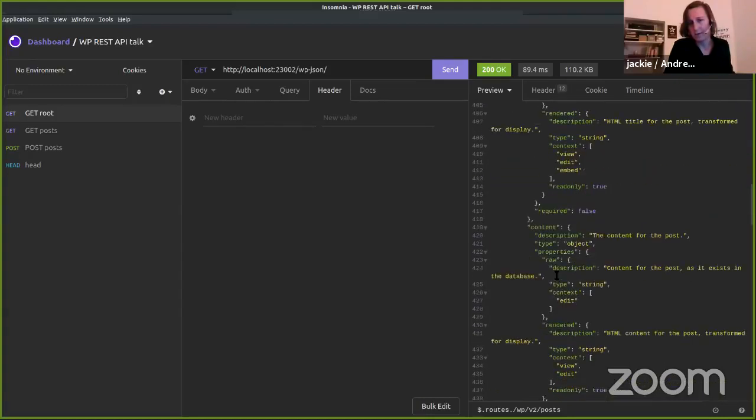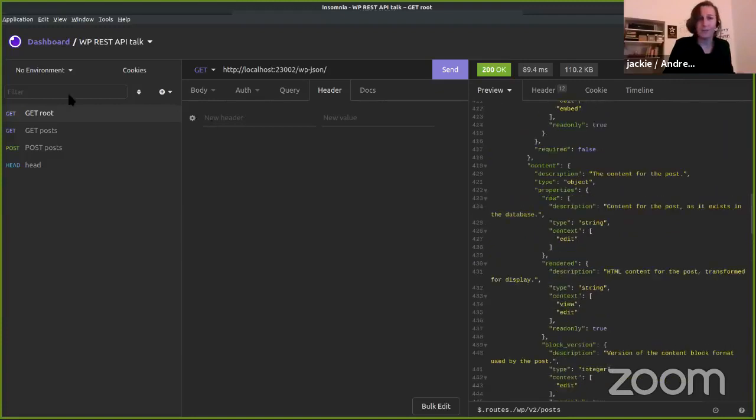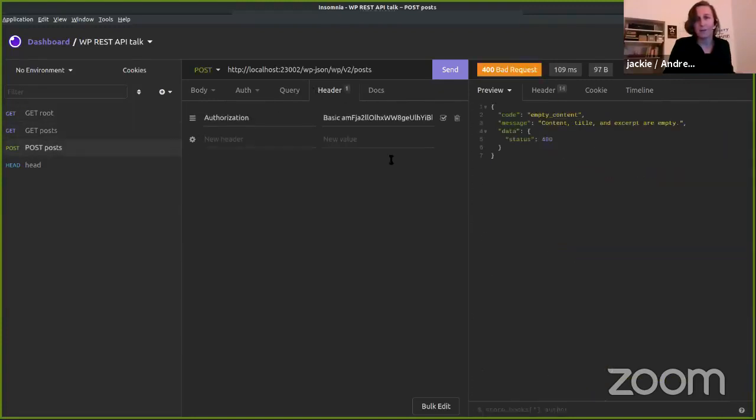And content is, I think, also not required. But it's probably a special case, because the point is you only need one of them. If you provide the content, you don't need the title. If you provide a title, you don't need the content, or vice versa. I'm not totally sure, but let's just try to add a title now to our post.